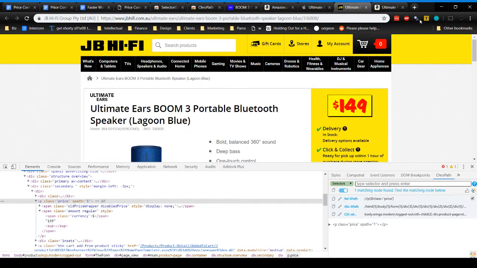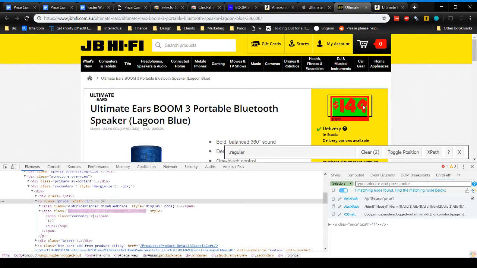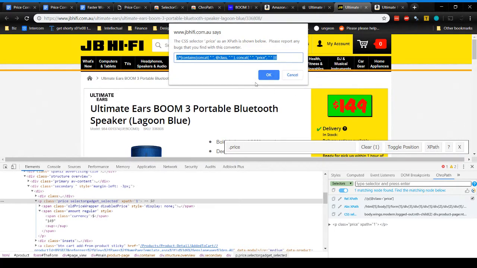And then using selector gadget, if I select this price, we have .regular which matches 2. If I click this, then you have .price matches 1, and that would be your CSS selector. With selector gadget, you can also convert that to XPath, but it's not as easy to use that part